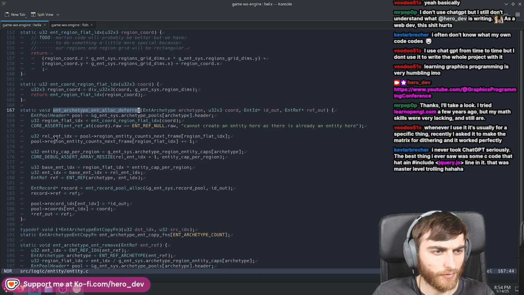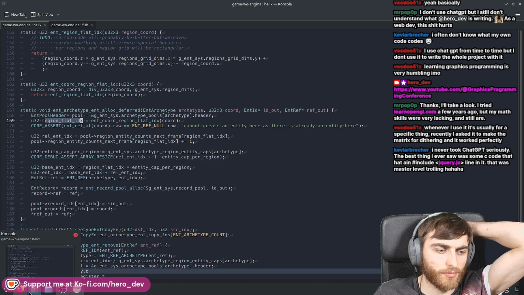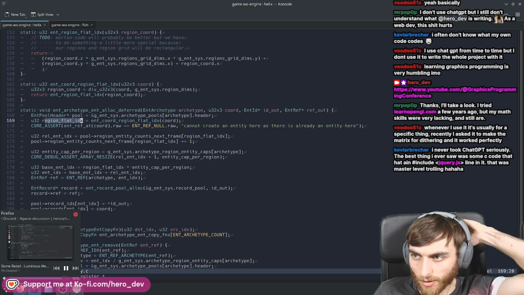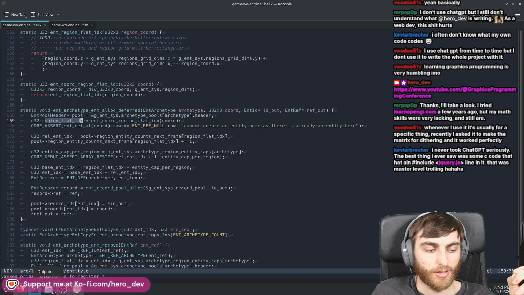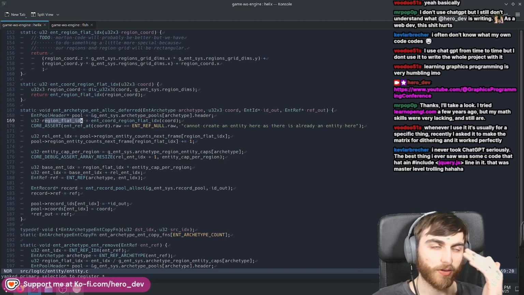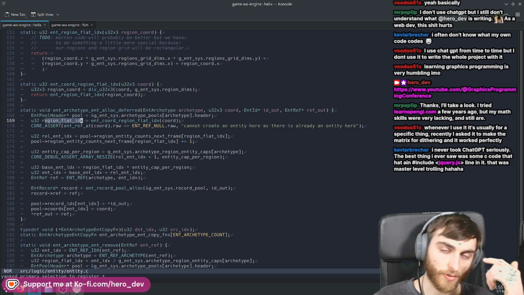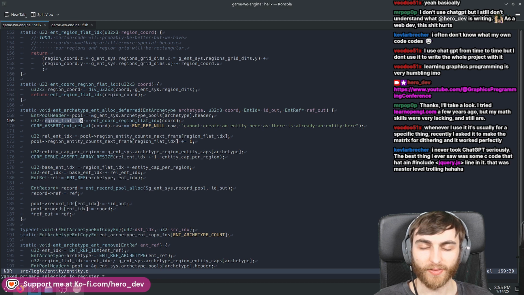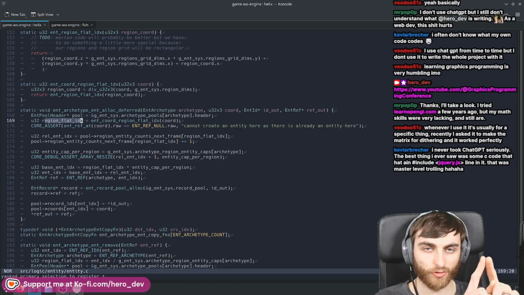So the entity system works per archetype. An archetype is like a structure, but it's a structure of arrays rather than an array of structures. And what we do is we put all of the ones in the same region. The region is customizable based on what you pass in at the start of the game. I think I got it as a 4x4x4 region, and it's just a tile grid. That should be far bigger than this, but that's just what it's set to right now. All of the structure of arrays,